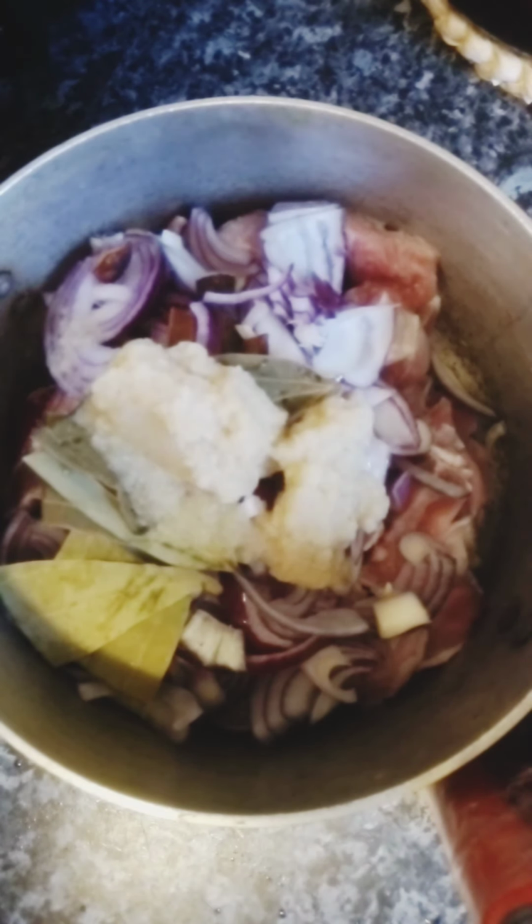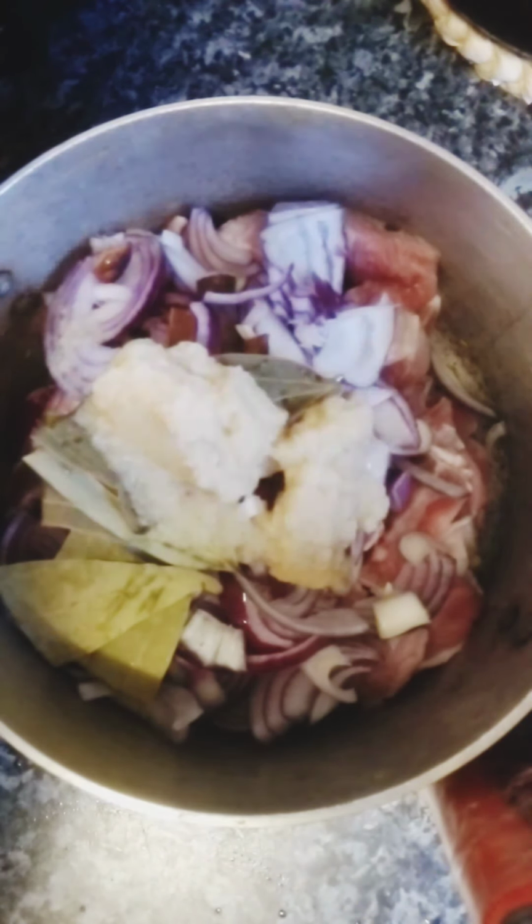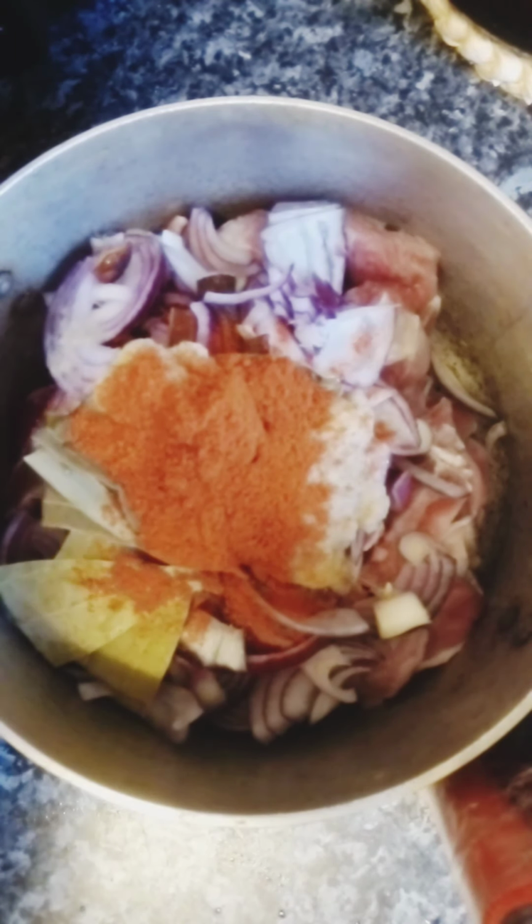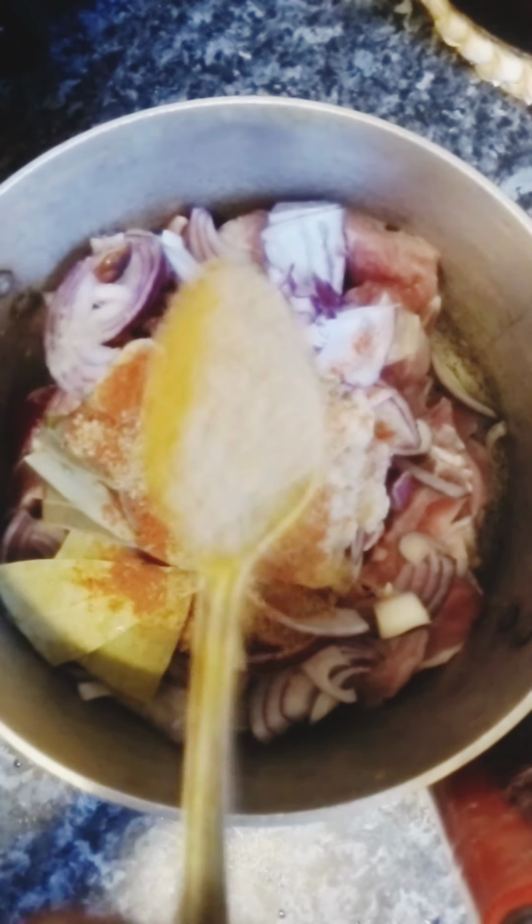As I said, this meat is easy to cook, so you put everything before you put on the cooker to cook. So you put all the spices. So you're going to put 1 teaspoon of chili powder, 1 teaspoon of coriander powder,